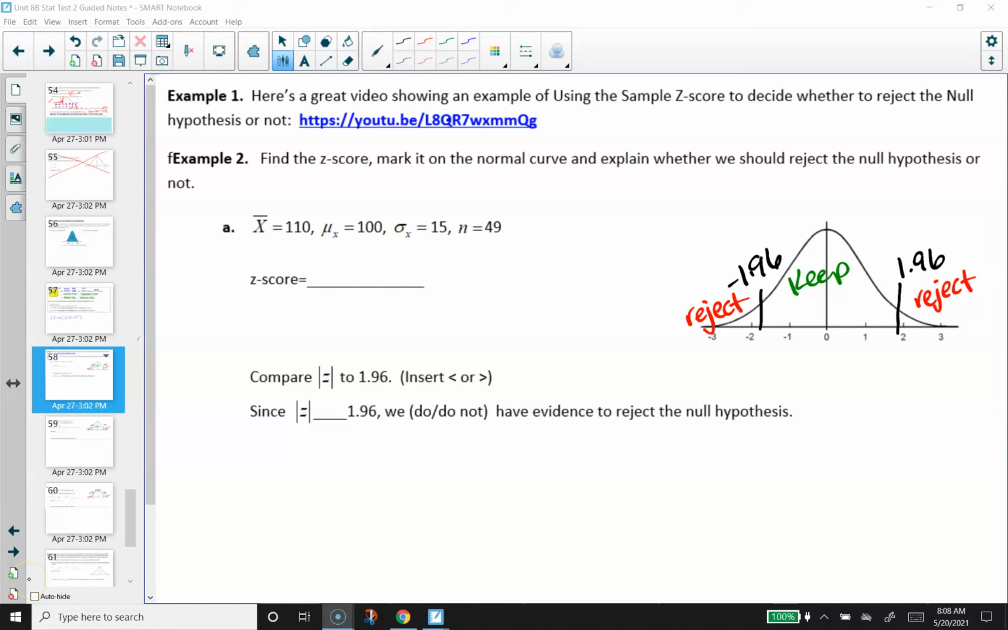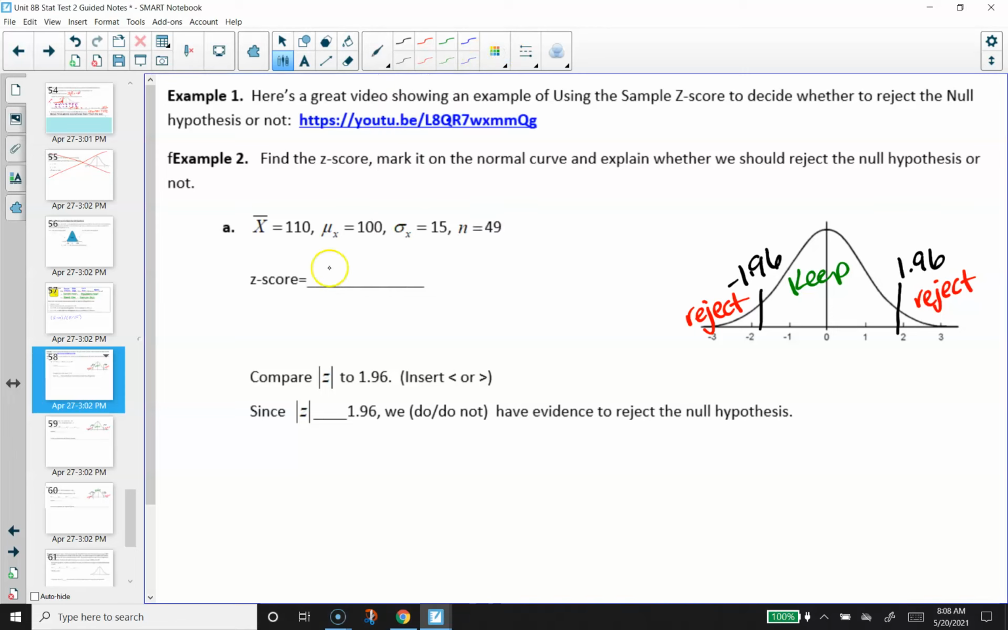Alright, so now we're going to do some examples of our own. These first couple don't have any context with them yet. We're just getting the results of an experiment in the sample, and we're going to see if we have enough evidence to reject or keep whatever the null hypothesis was. So for this first one,